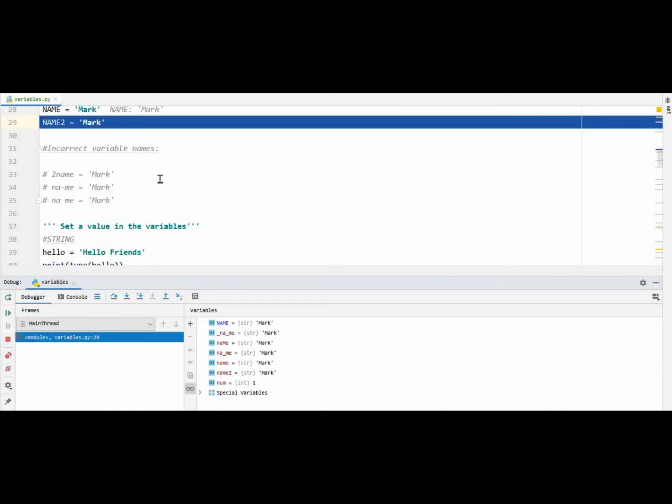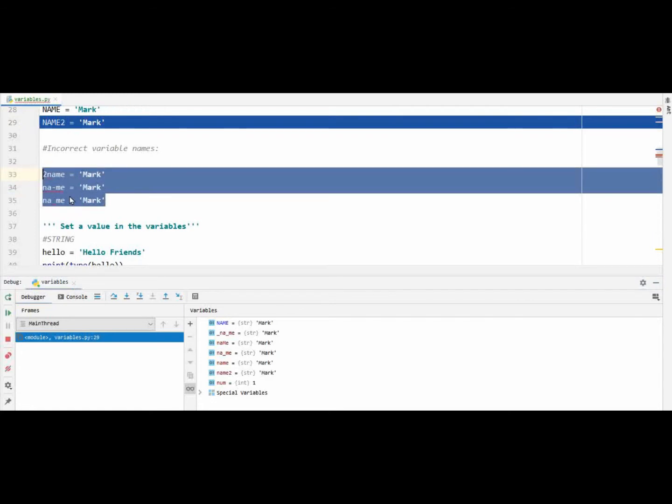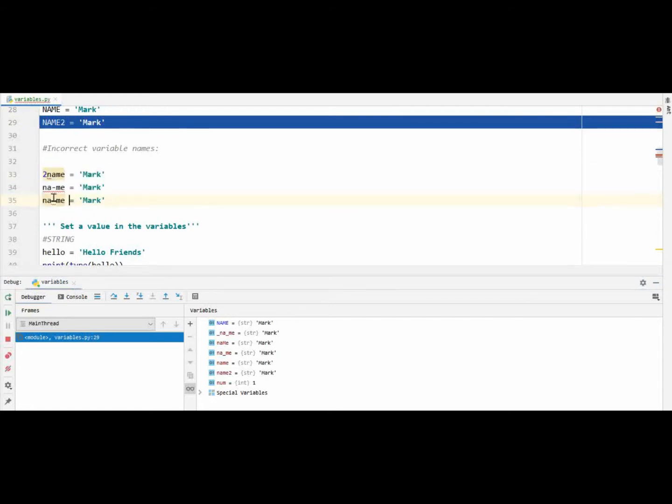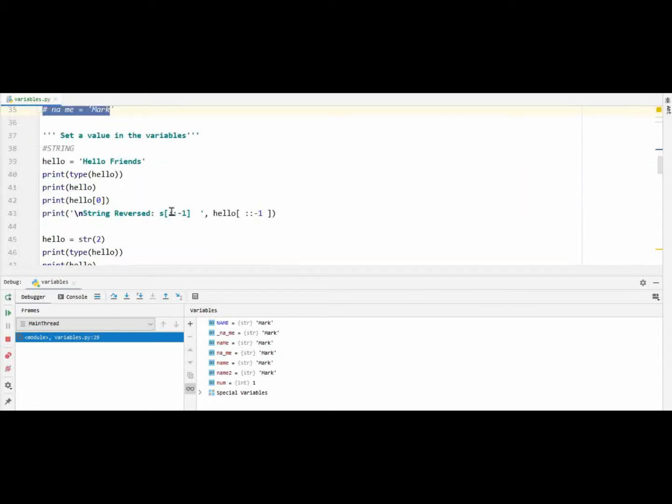Now let's look at the other section. This section is disabled because these are incorrect variable names. You can't have a variable that starts with a number, and you can't have a variable that has a hyphen or a space in between. So if I enable any of these, they will give an error. As you can see, these are highlighted by a red wavy symbol, so these are incorrect variable names, and we will not be enabling those. Now let's go further to the next section where I have examples from different data types like